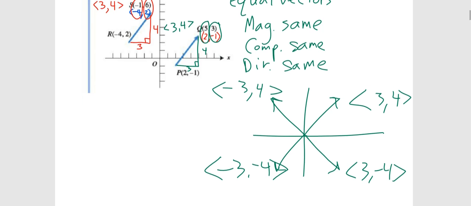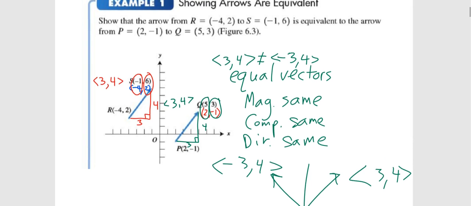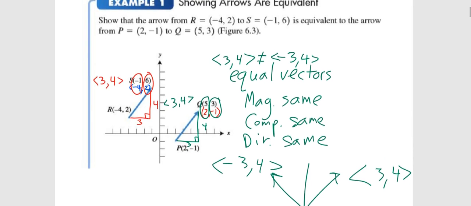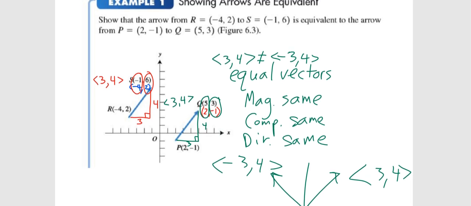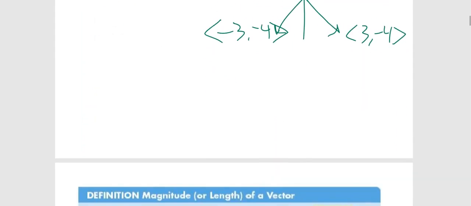I have a quick question. Yes. You know how they're the same there? That's just the measure of the magnitude. And then right here, the components (3, 4) for both of them are the same, which means those vectors are equal. All I was asking was, if the components were (3, 4) and (-3, 4), would they be the same? And the answer is definitely no. The ones in this example are definitely equal. I was just trying to show that if you change a sign on a component, it's a deal-breaker.